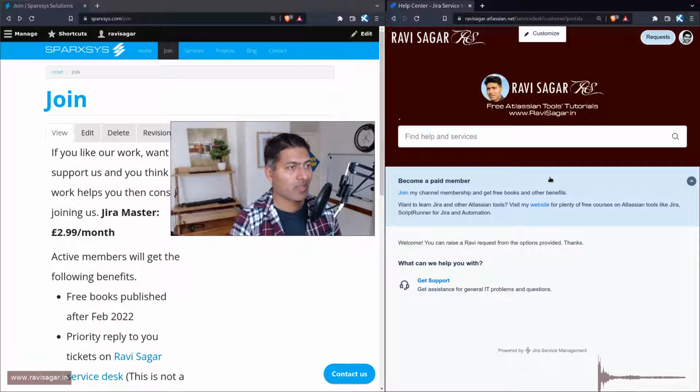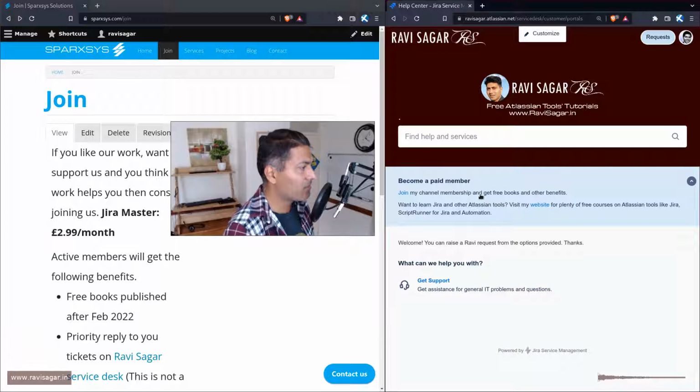These paid members are added to that particular paid member organization, and I want to make it seamless. Like the moment you make a payment, you're added automatically to my service desk and also to the right organization, which I know I can do. I don't really have time to do it because I don't have lots of subscribers. I can just do it manually whenever I see a new member joining or leaving.